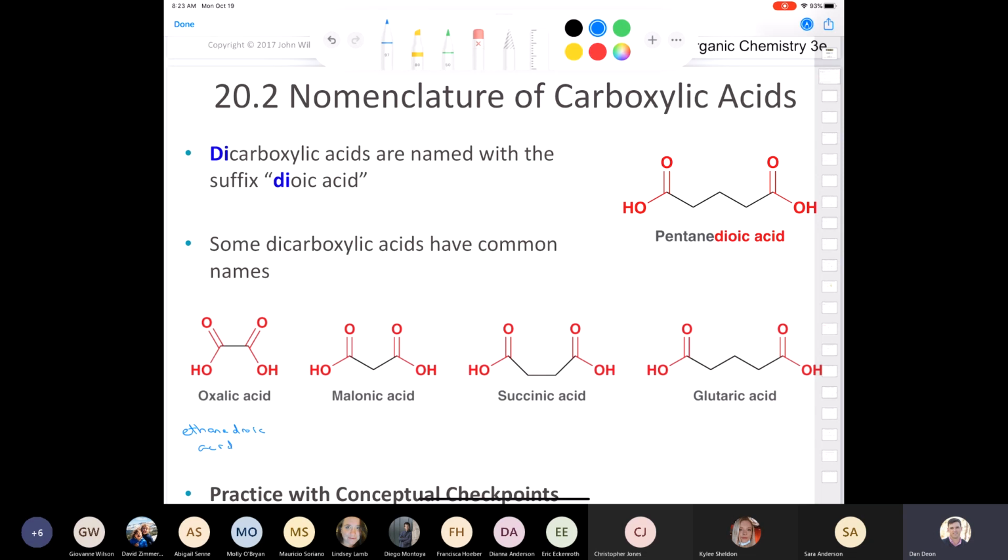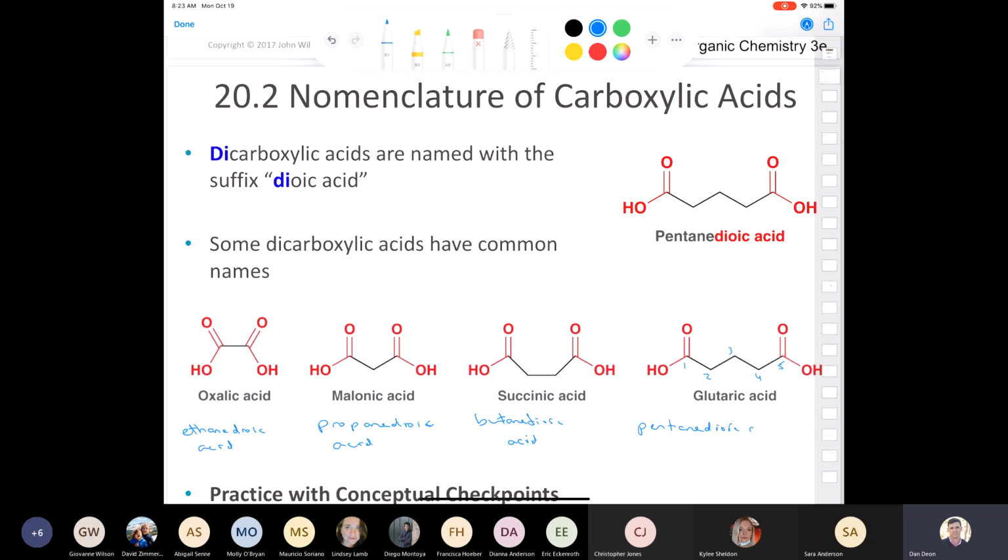dicarboxylic acid, it would be propanedioic acid. If we have a 4-carbon, it would be butanedioic acid. Sorry if you can't read my writing. And then we have 1, 2, 3, 4, 5 here. So this would be pentanedioic